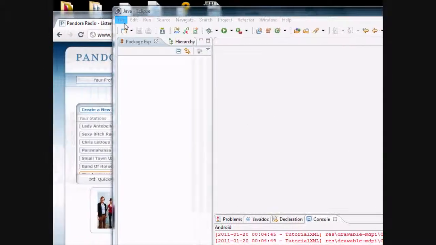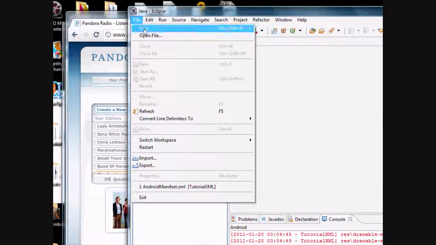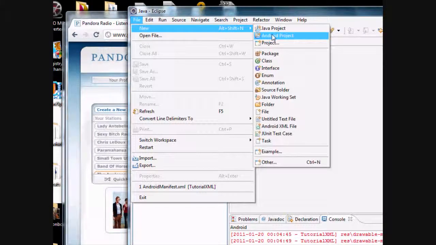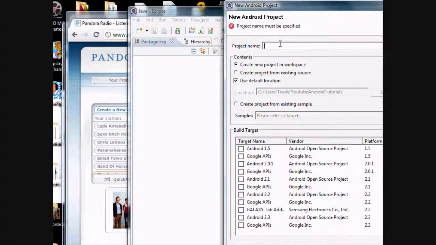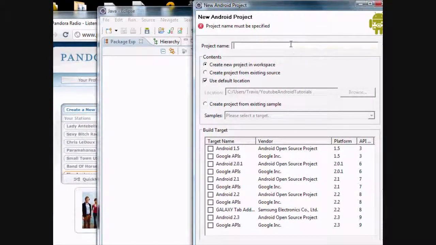Okay, guys, I'm just gonna pick up where we left off here. You're gonna go File, New Android Project, or if it's not there, you can go to Other, and then it'll be under your Android folder, New Android Project. And basically, this is gonna be your project name. We're just gonna name it Tutorial